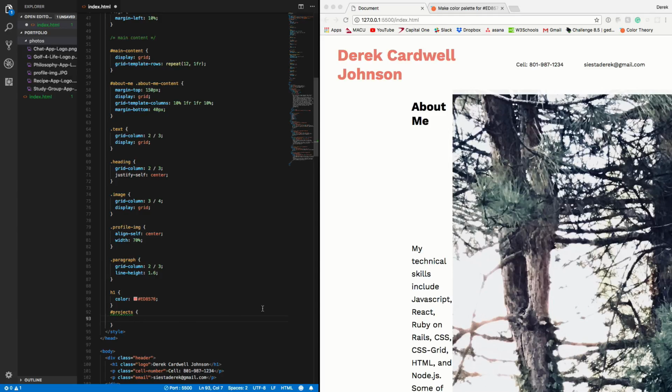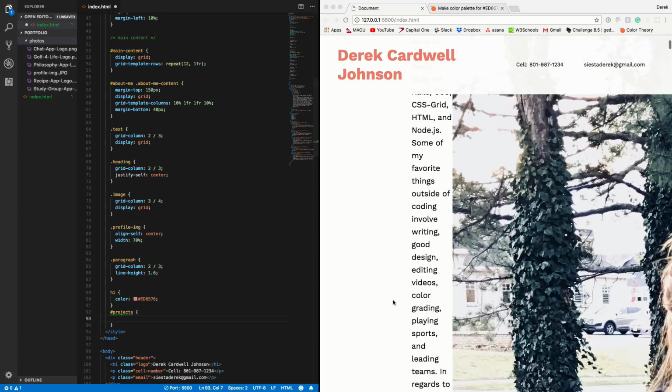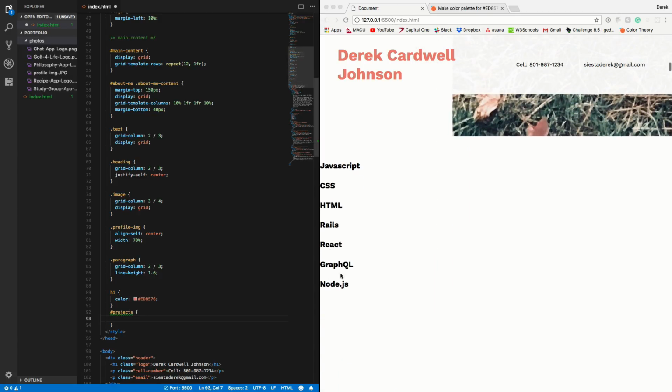So I'm going to go down here, and the idea is I want a project section to take up the entire width of the screen. So I can go ahead and define that right here. So grid column, and I want this to be lines 1 through 13. Okay, and I'm also going to make this element a grid. So display grid,